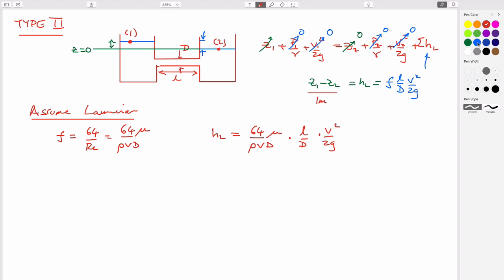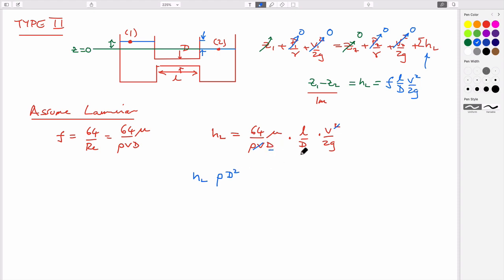So in the laminar case, we know that we're going to lose a velocity term and not much else, I guess. And we could rearrange this as the velocity is going to be equal to head loss, density, I guess d squared